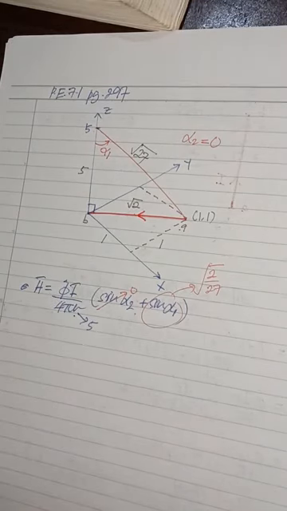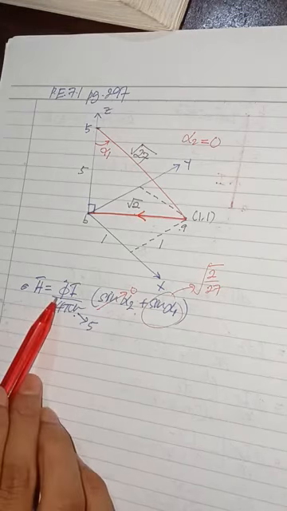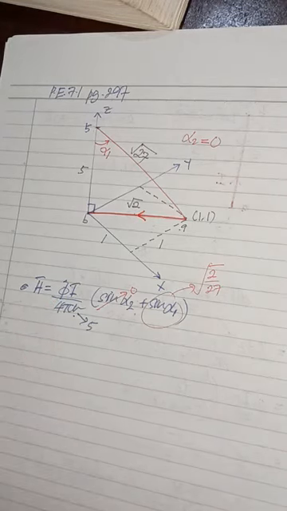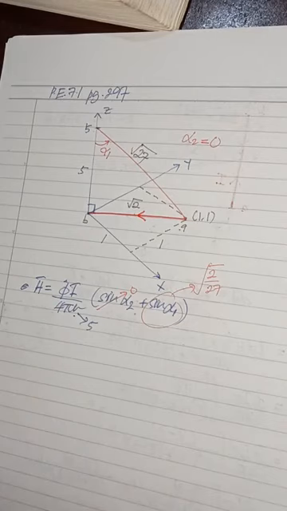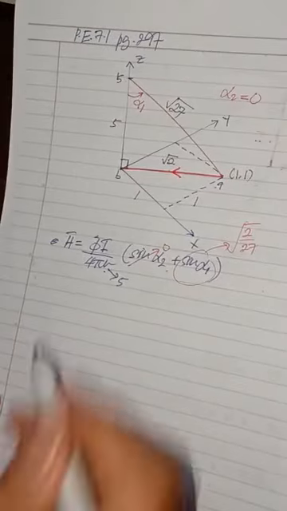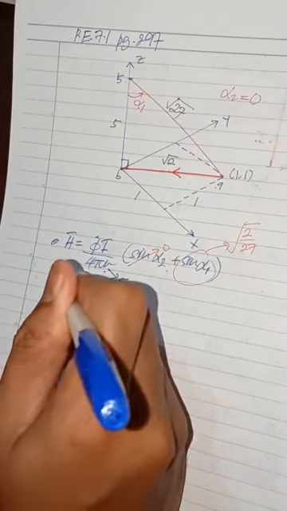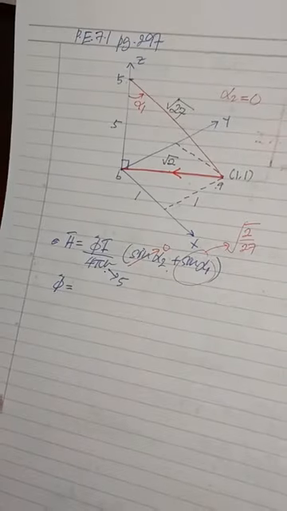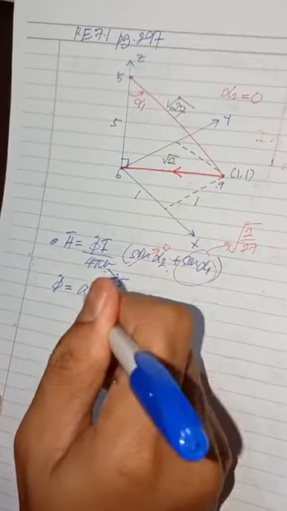Because we need to combine them, let's say we are dealing with multiple finite line currents, so we need to combine them. It's more accurate if we can convert this phi component to the x and y or z if any. So the best way to do that process is just to use this concept or method. The phi can be simply converted to the Cartesian component using the unit vector of line current